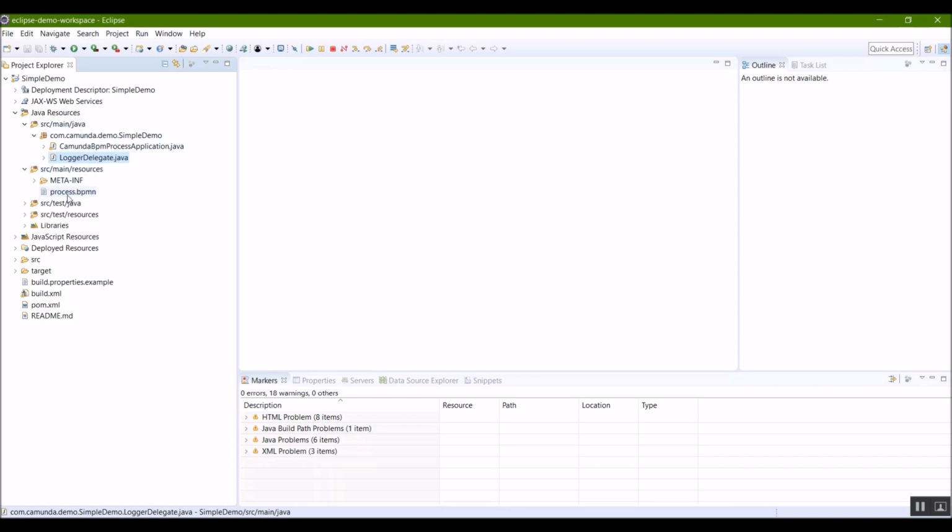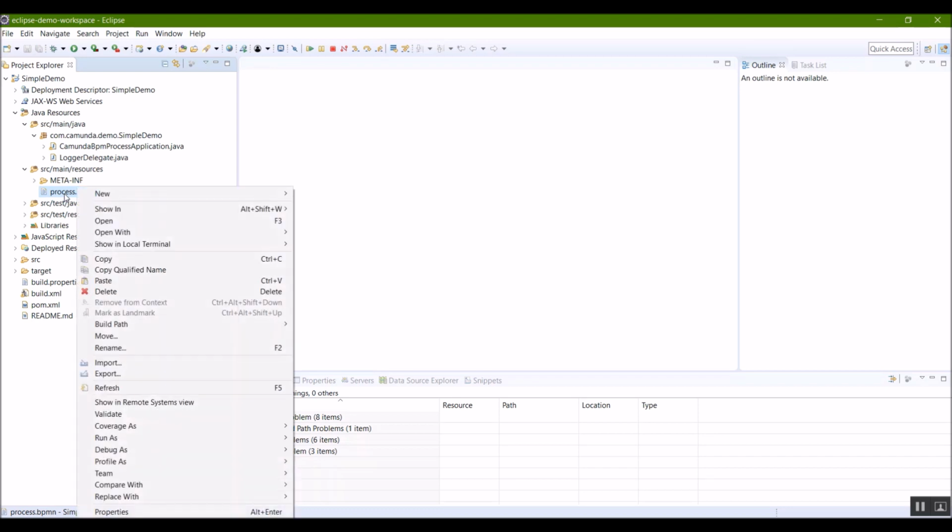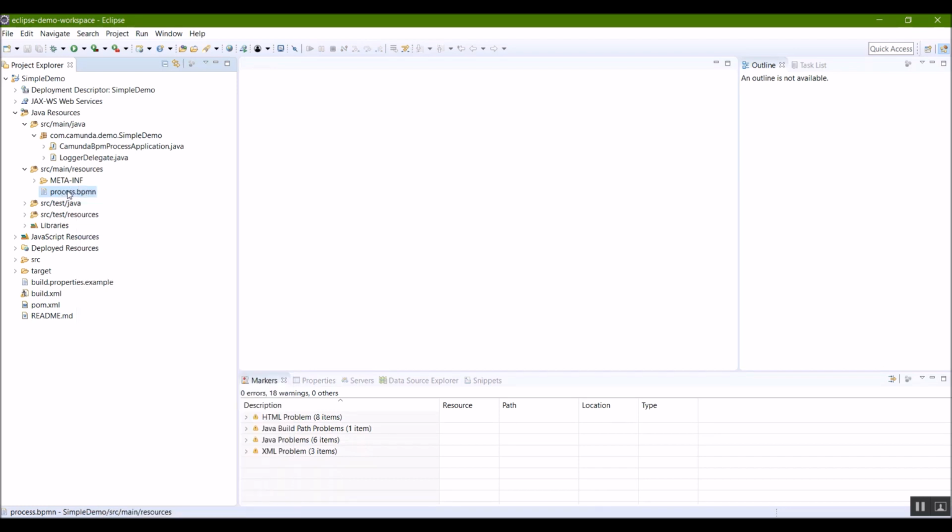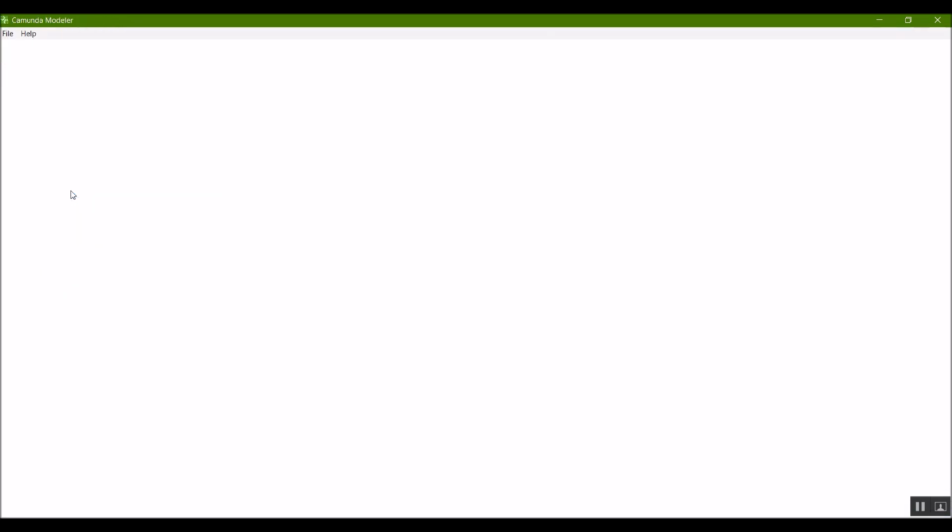Under resources we have this guy here, processes.bpmn. This is actually a BPMN model that Maven has generated. If I double click on that, or if I right click and then select open with the system editor. If you've already followed the tutorial on getting started with Camunda, then this should open with the modeler itself.